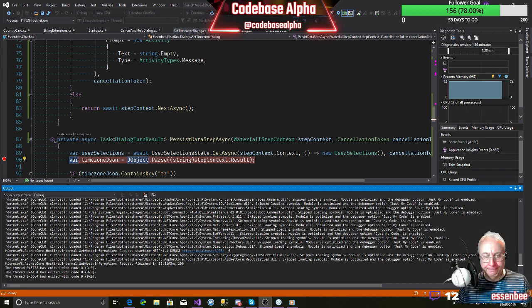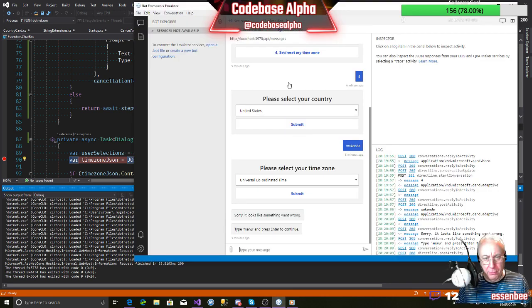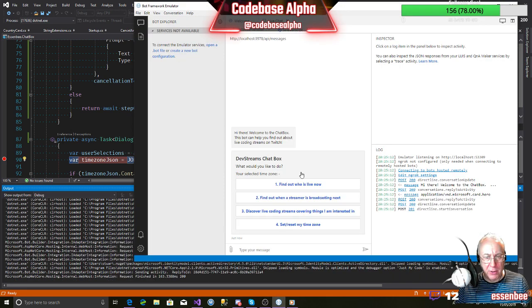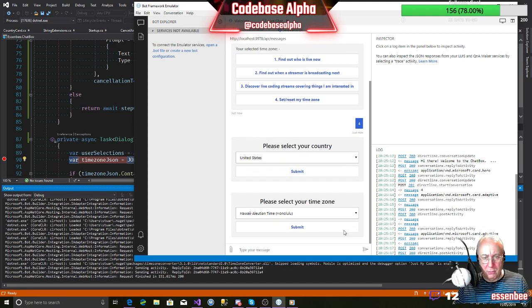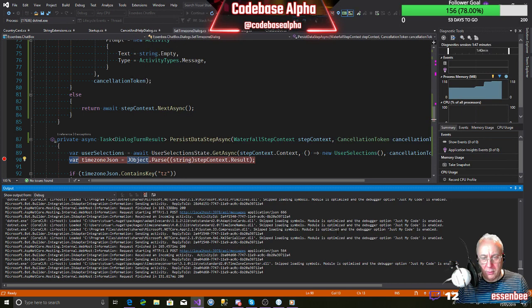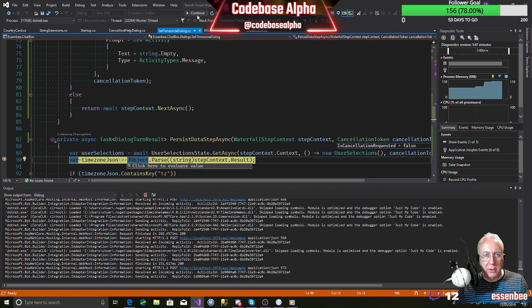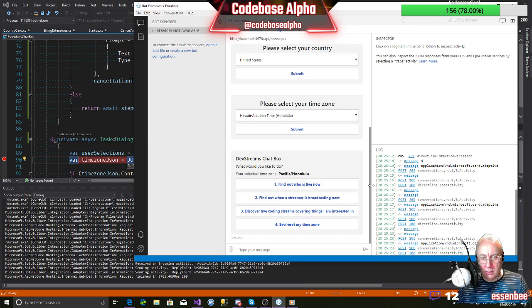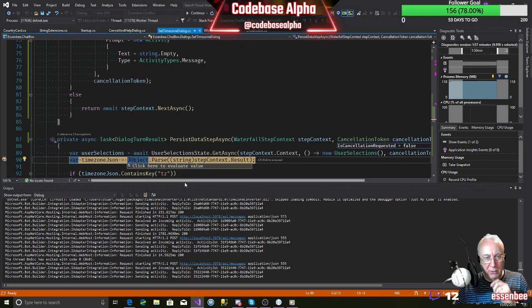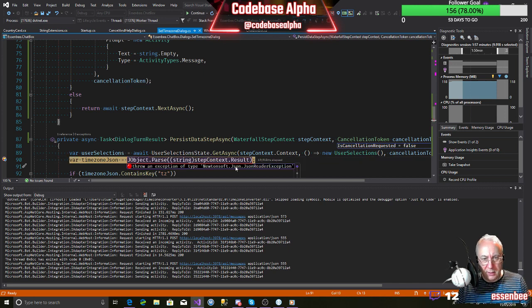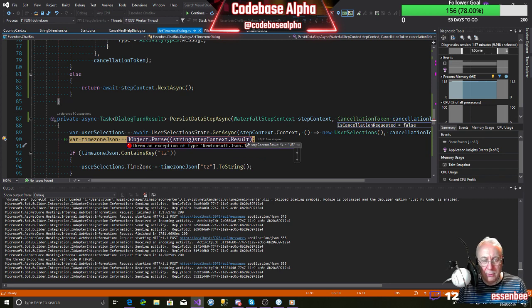Okay, where were we? We were going to restart our conversation and try to hit this breakpoint here. So we went into here. If we hit submit, we should be fine. Submit that. We've hit here. We should be able to continue. And yeah, we've got Pacific Honolulu. If we run reset now, here we're going to type in US, and we've hit down here, and this is going to throw an exception because the result that's come through here is US.